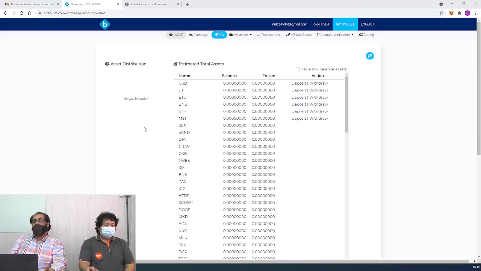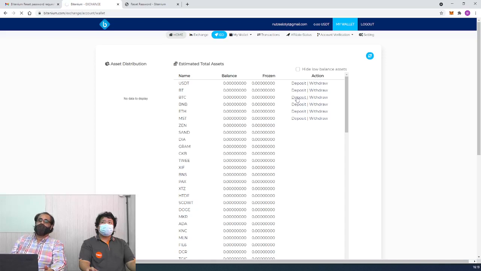Okay, now let's start with just the trading wallet. Let's go to BTC, deposit BTC. Suppose you want to deposit some BTC, you get a QR code and a link to deposit funds. The internet is slow, sorry about that guys.